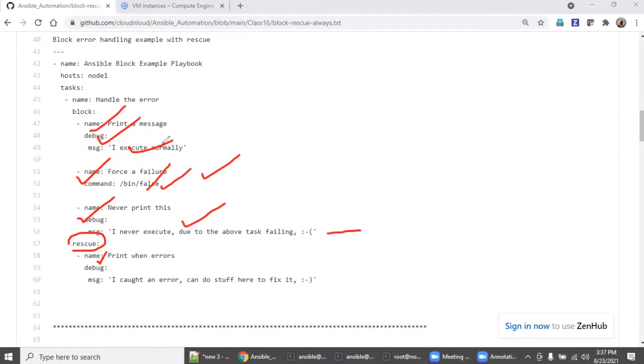So you need to apply a logic mostly in the first play itself. Say for example, you have two sets of servers, like 1,000 servers: 500 Ubuntu servers and 500 Solaris servers, or 500 Red Hat servers and 500 SUSE Linux servers. In that case, the first play should check the specific OS kernel, because if this play fails, automatically the next section, which is rescue, will start executing.